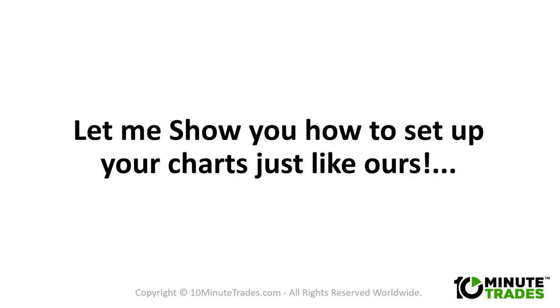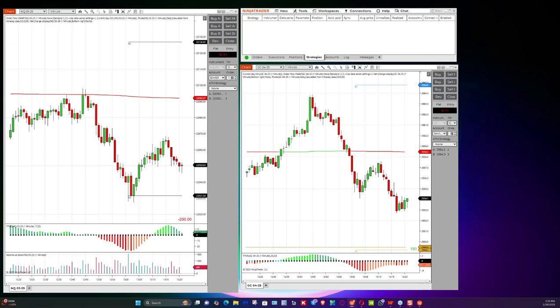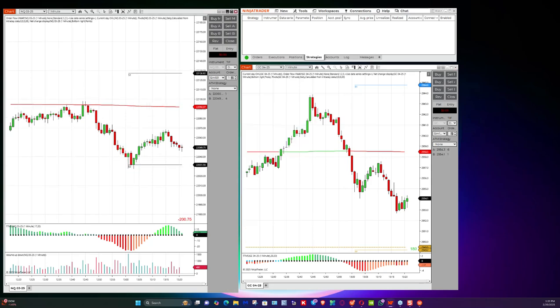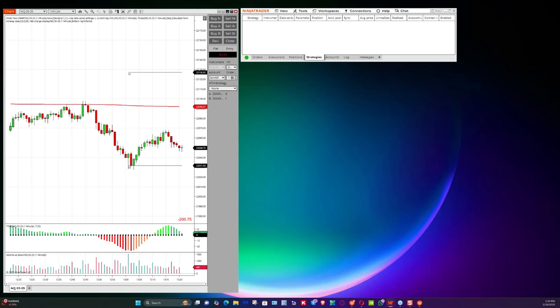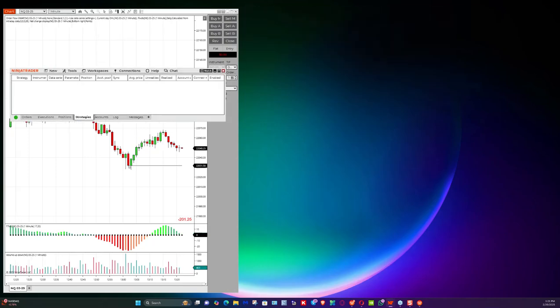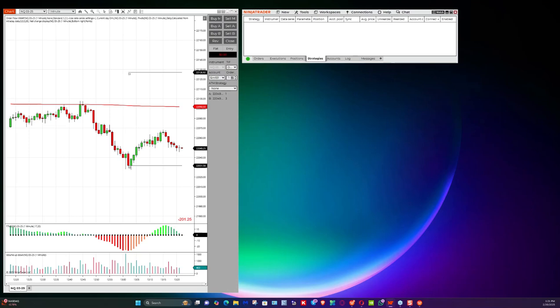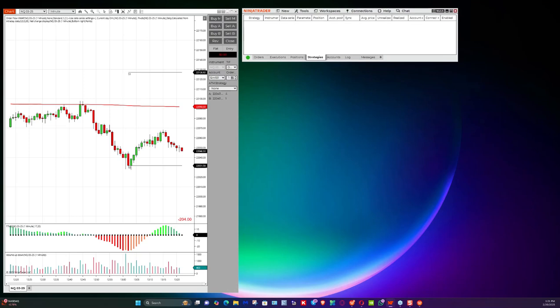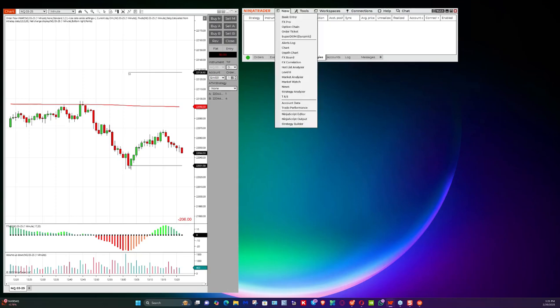I'm going to show you how to set up your charts exactly like mine. All right, so when you first start out with NinjaTrader, the platform, it kind of looks goofy when you first load it. You don't have a second chart usually, and sometimes you only get what I call the control panel. But let's say when you've loaded your NinjaTrader, you've got one brand new chart, okay? So first step is, how do you create a new chart so you could create your charts and trade with us? So just go to New, go to Chart,